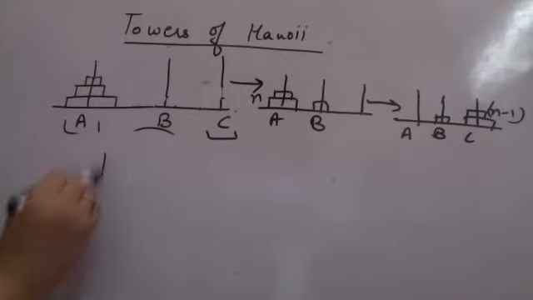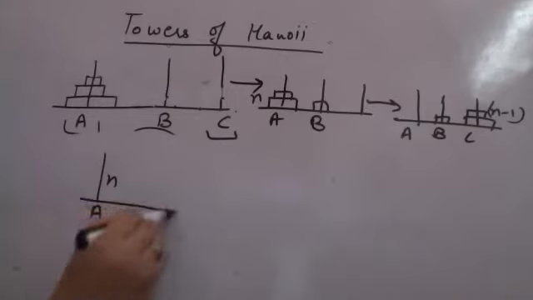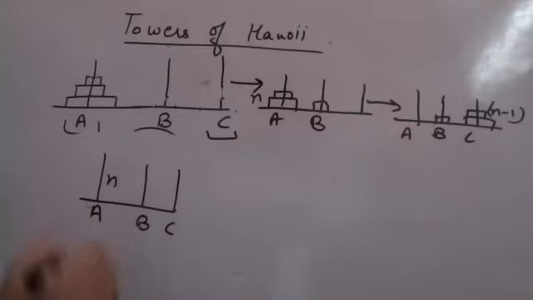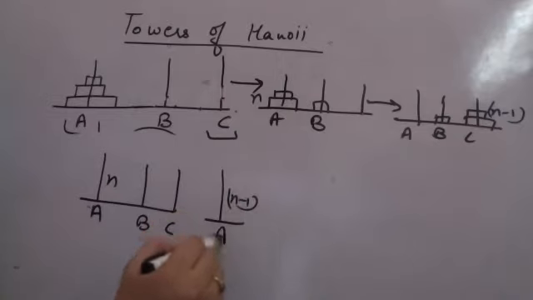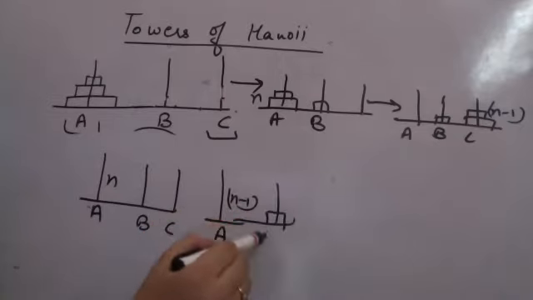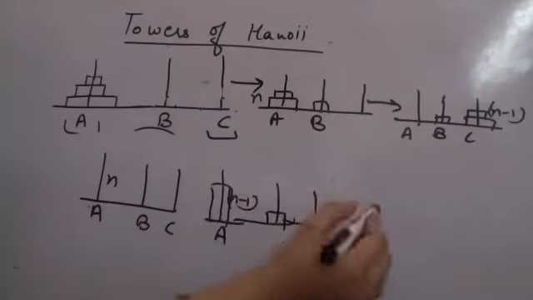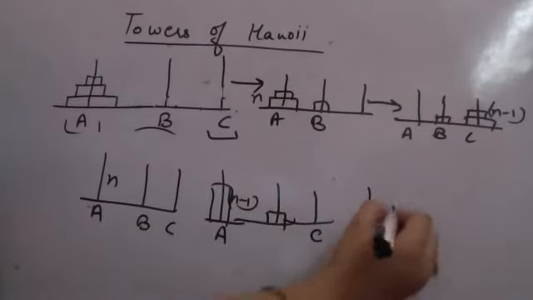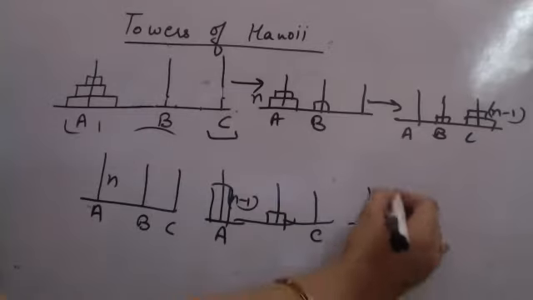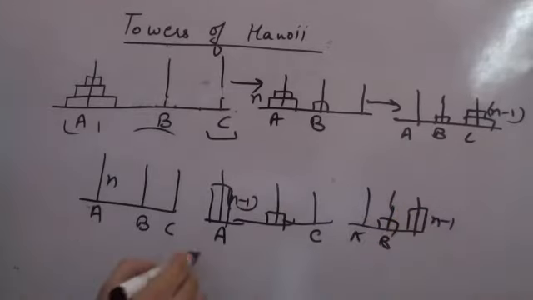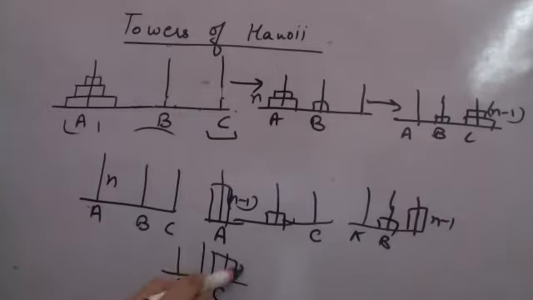If there are n disks in A and B and C are empty initially, you shift one disk from A so that A has now n-1 disks, B has the smallest disk, and C is still empty. Shift the tower from A to C, A becomes empty, B has the smallest disk, C has the n-1 tower. Now the final step is shift the smallest from B back to C so that the tower is n-1 plus the smallest, so the entire n-disk tower is created back.